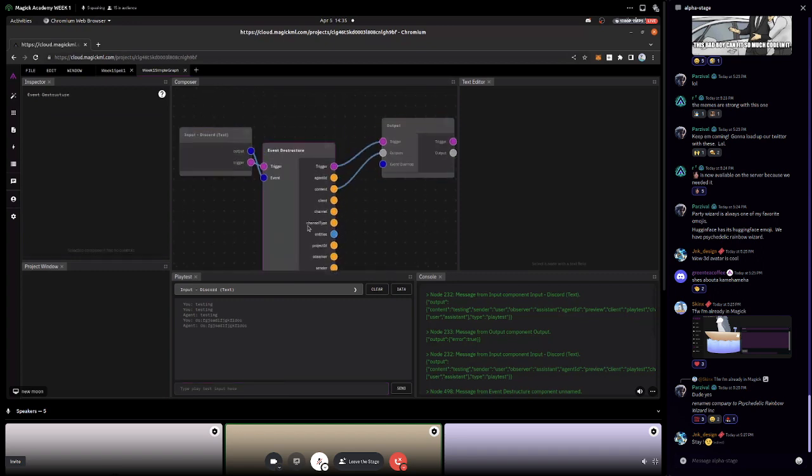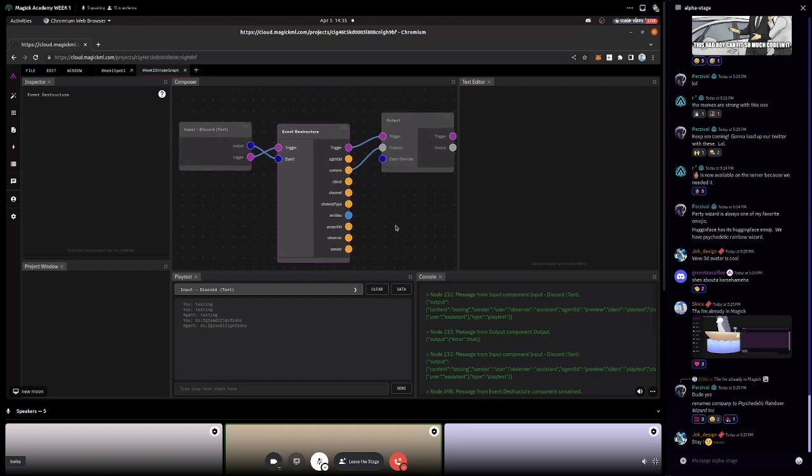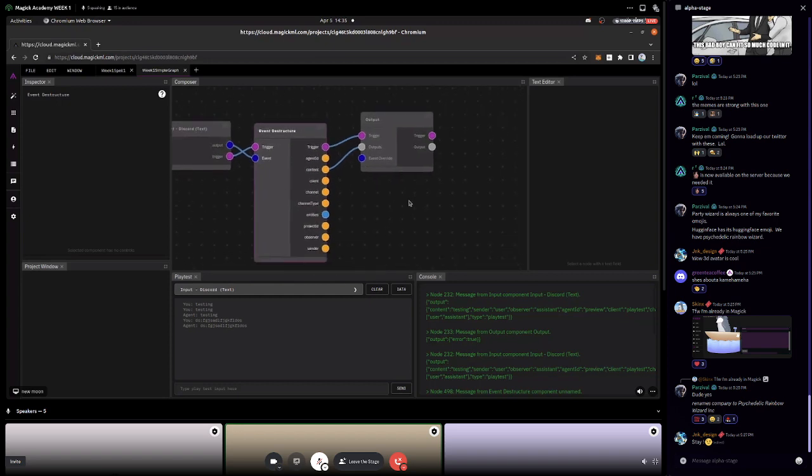So this is one of the scariest nodes and scariest pieces. We're working to simplify this. We'll probably make this an advanced thing so you don't see all this stuff unless you press another button or something. If you have any feedback on how we can make it simpler, we're definitely open. But once you've gotten through this and you understand this concept, most things are quite a bit easier after that. You've gotten the input, you've broken out what you needed, and now you can do stuff with it.